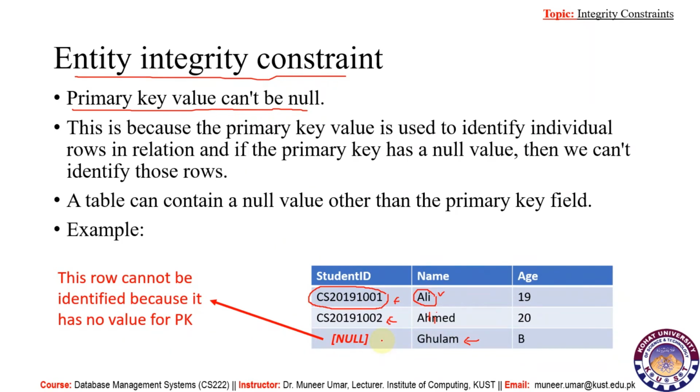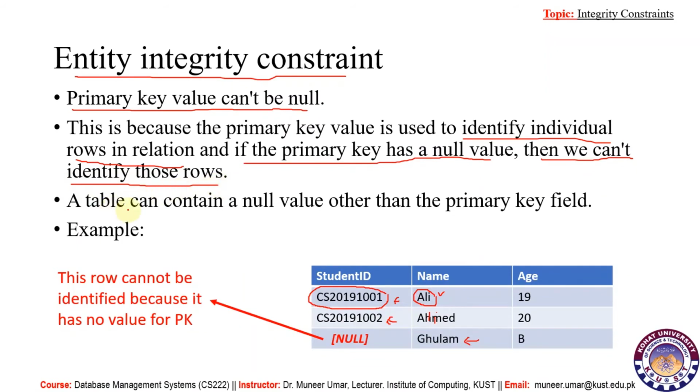So in that case we will not be able to get the exact record or the unique record of an individual ghulam. So this rule specifies that the primary key value can't be null, because the primary key is used to identify individual rows in a relation.